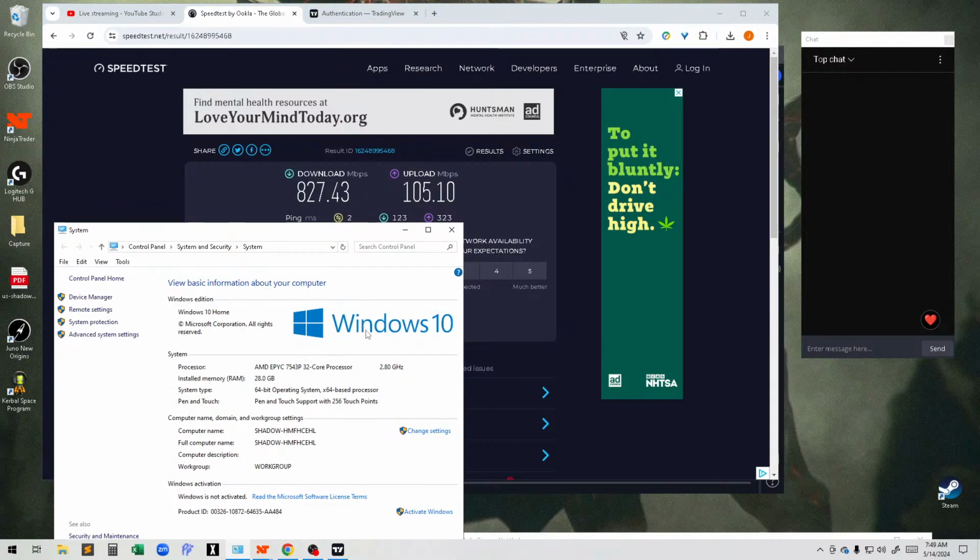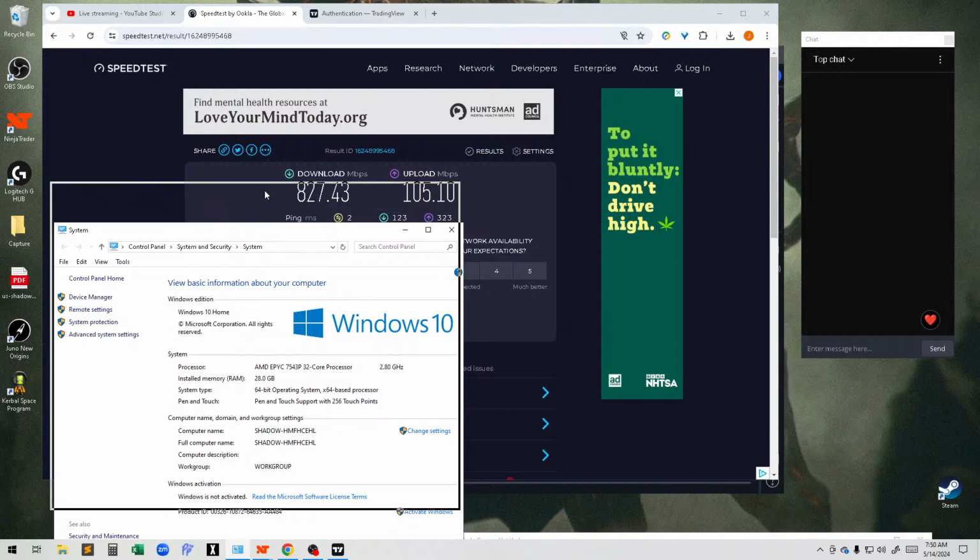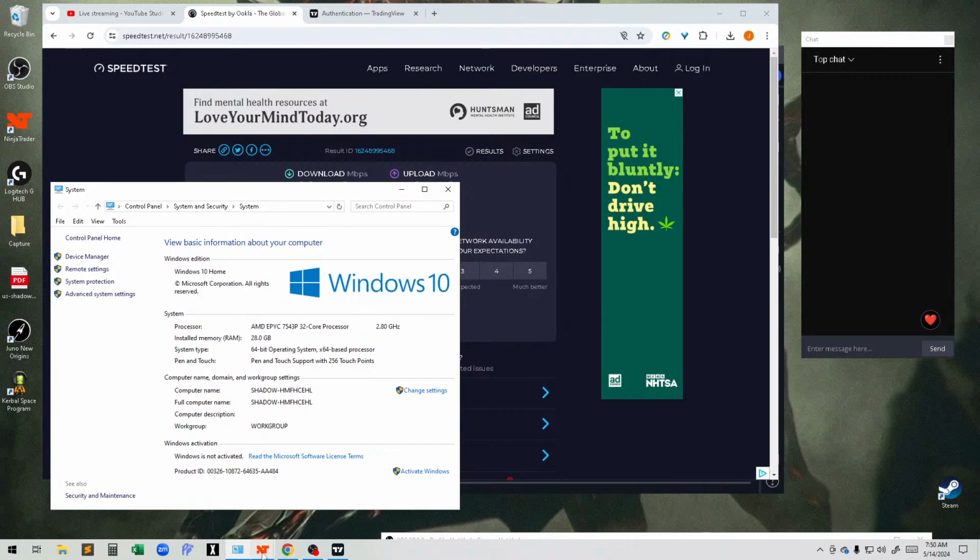And I'm actually running Windows 10. I'm using their highest package. Got a 2.8 gigahertz 32 core AMD EPYC, 28 gigabytes of RAM. And this will actually boost up to 3.7 gigahertz, so should not have an issue with system resources, especially with